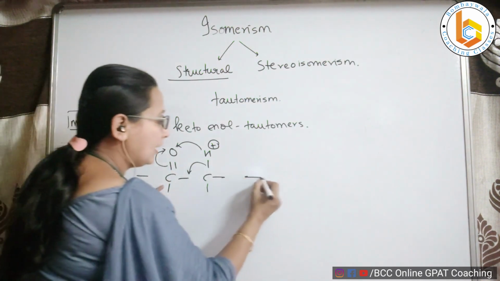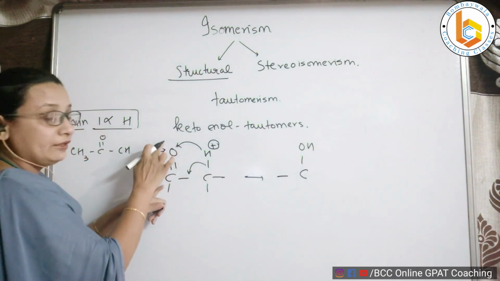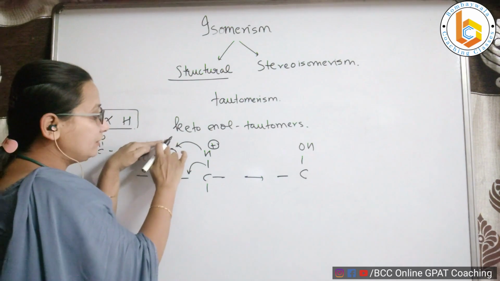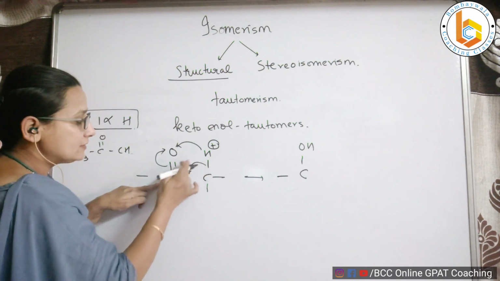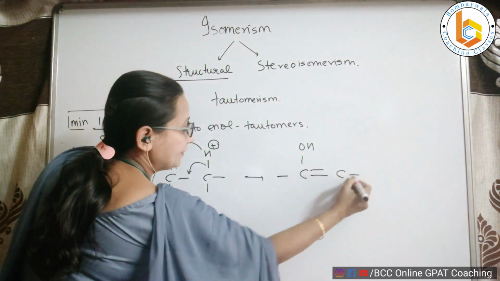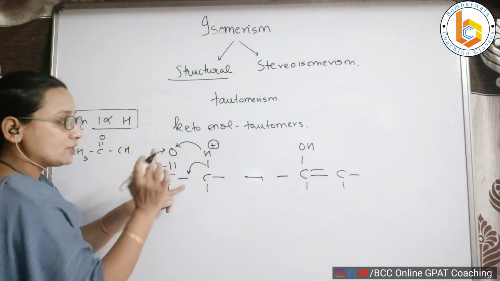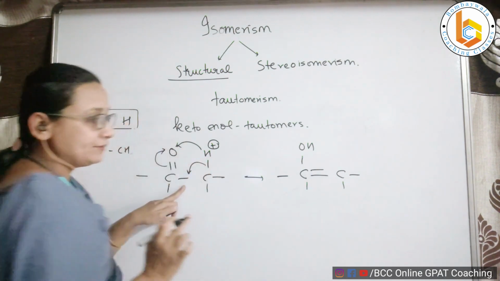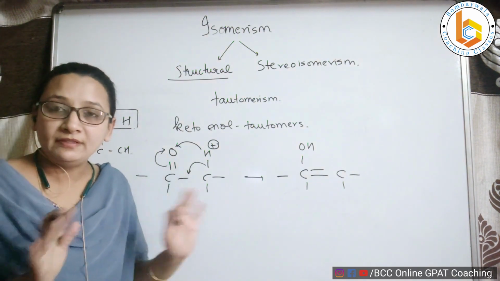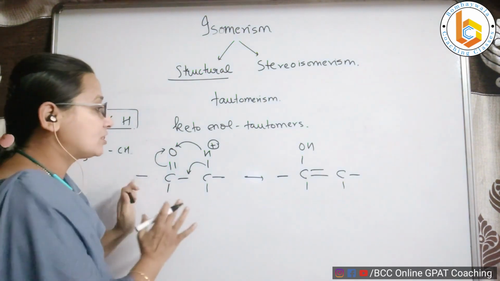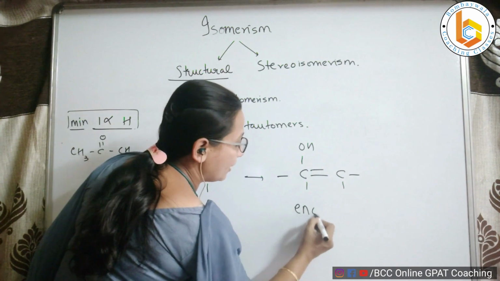So what do I get? I will get C-OH, because see, the double bond has moved to give a negative charge on oxygen. On this negatively charged oxygen, the proton is coming. Right? This carbon is becoming positive. To nullify this, there is a shift of double bond here. Right? The other double bond stays as it is. This bond has been broken because it has already been shifted, and this H is going to the oxygen. Now the product that is formed has an equal number of protons, carbons, everything. But what has changed? Their structure has changed. From keto, it has now become another molecule which is referred to as enol.